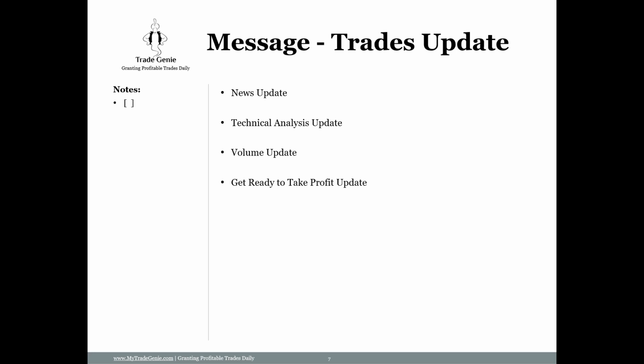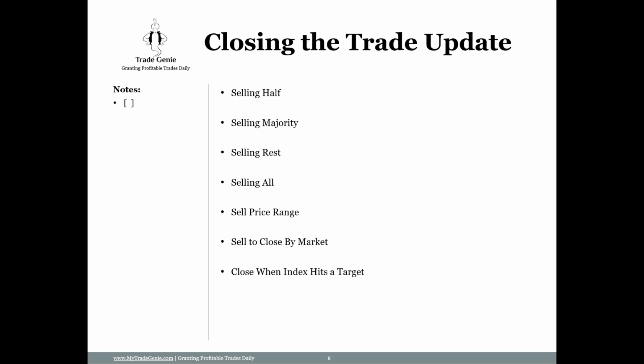So maybe you're exiting properly or you're scaling in. The money is made by scaling in and then scaling out. So having multiple exit strategies, adding more when you can, and I'm providing you the updates. Sometimes I send out the update just before taking the profit. When the target's about to hit, I send out the update to get ready. So you know that. Now comes the exit.